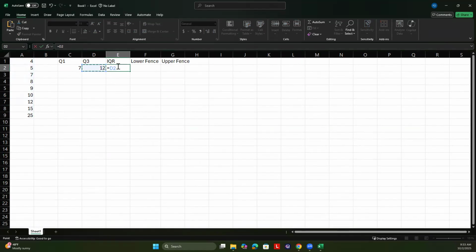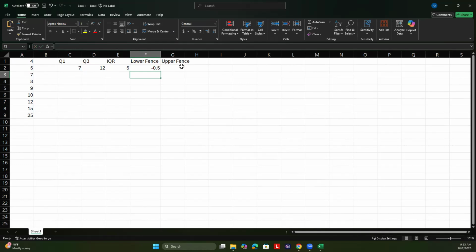Interquartile range is this minus this. The lower fence is going to be this minus 1.5 times this. And then the upper fence will be quartile number 3 plus 1.5 times